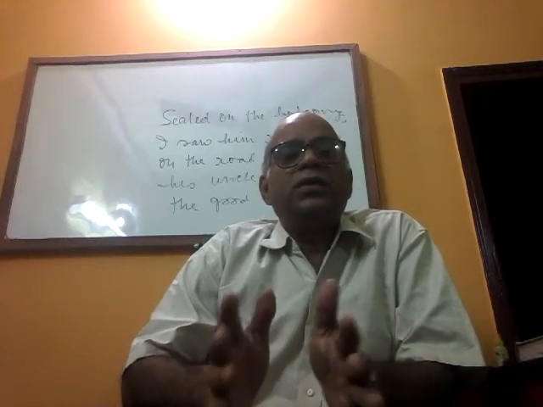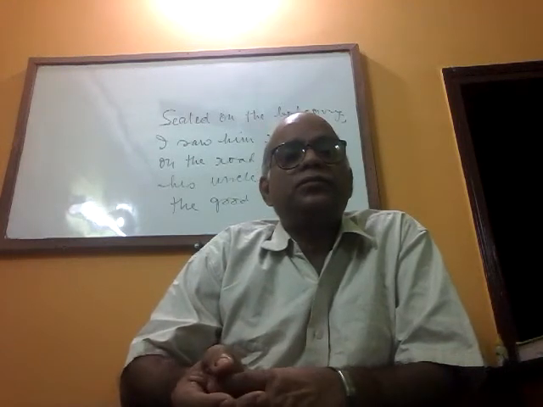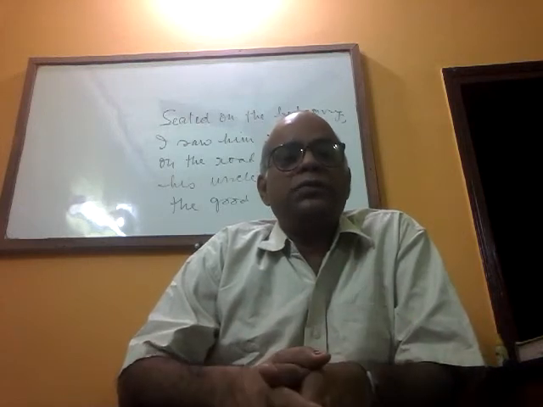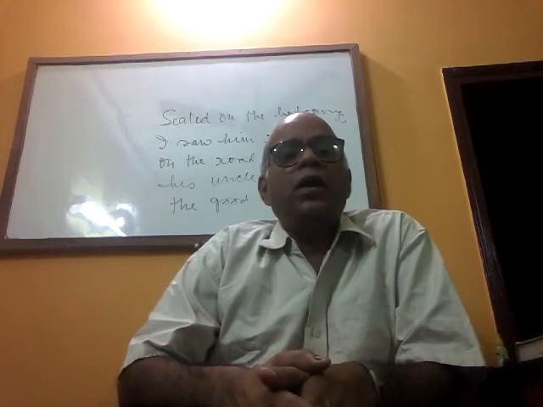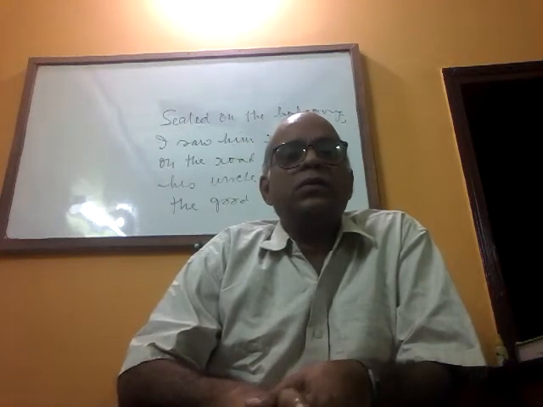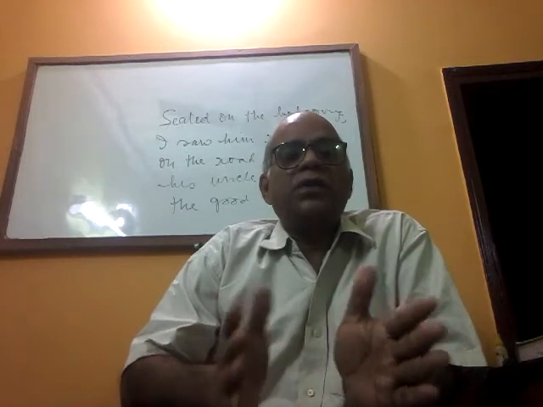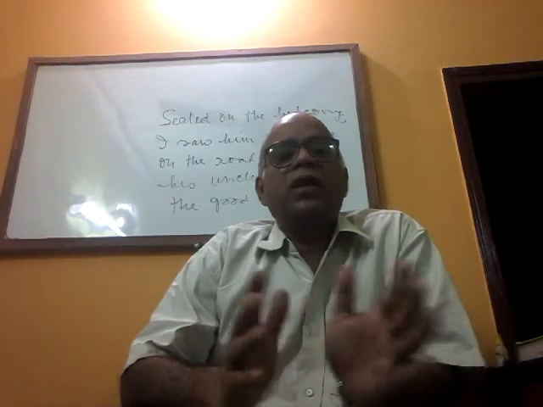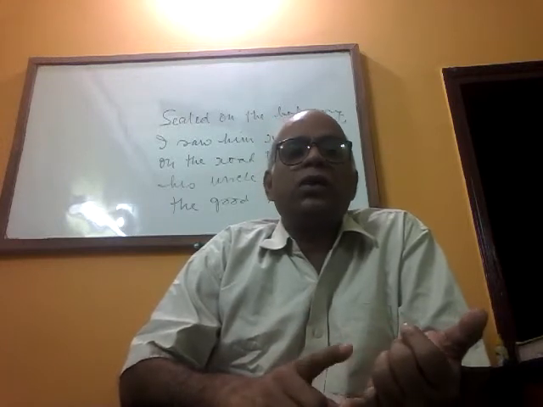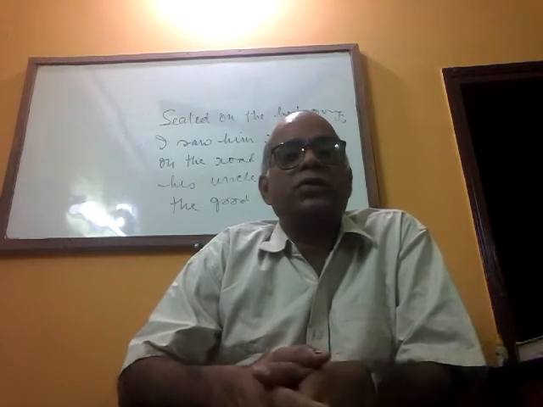Then B, C, D, F, G, H, J, K, L, M, like this. There are 19 regular consonants. There is no confusion about them. And there are 2 semis, W and Y. Why are they called semis? They are called semis because sometimes they function like a vowel, sometimes like a consonant. When they are used as vowels, we call them semi-vowels. When they are used as consonants, you can call them semi-consonants, whatever you like.